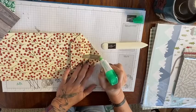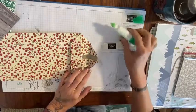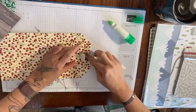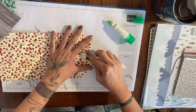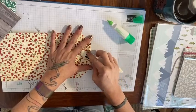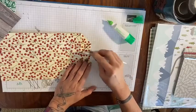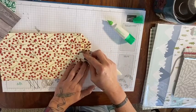And get these glued, and we can go back to the first ones that we did. So you can see you can pump out a lot of these all at one time. I did like, I don't know, 25 of them or so last night,